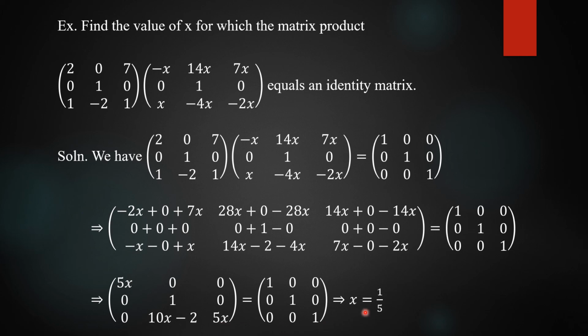In that case also x is equal to 1 by 5. So you may take any one of these by equating the two sides, or by comparing these two matrices. Just take two elements from the left hand side and the corresponding elements from the right hand side, and you will get the value of x. So this completes the solution of the problem.